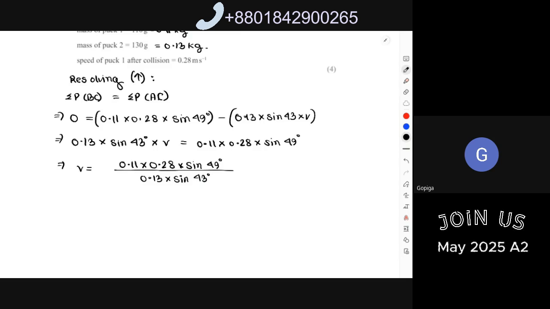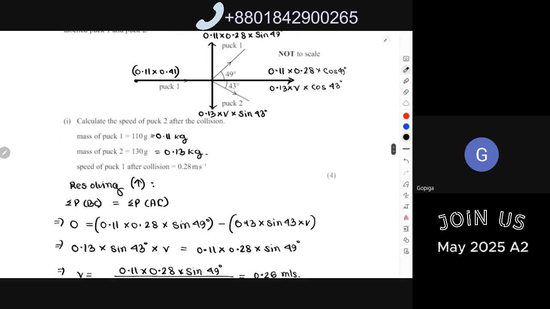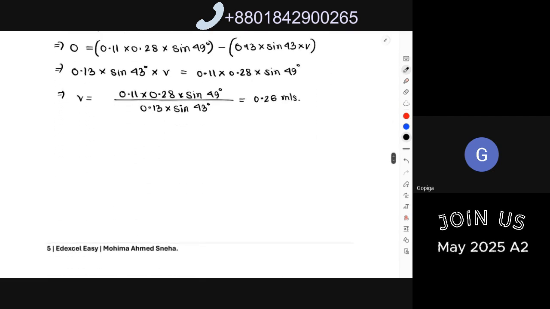0.11, 0.28 sine 49, 0.13 sine 43. Yeah. Then you're going to get the final velocity of particle 2 as approximately 0.26 meters per second. And now again, if I use the horizontal component to find out the final velocity, I can also use that. For the horizontal component,